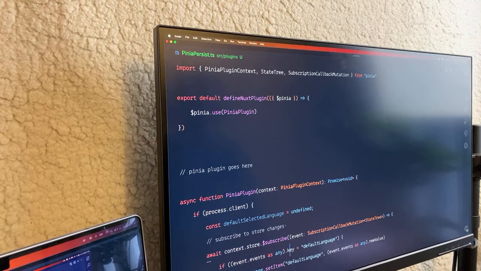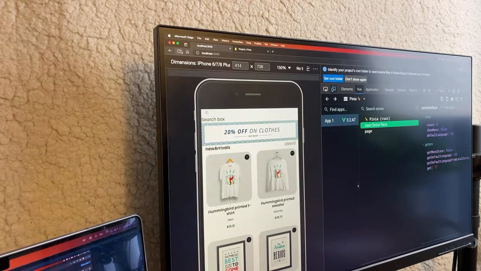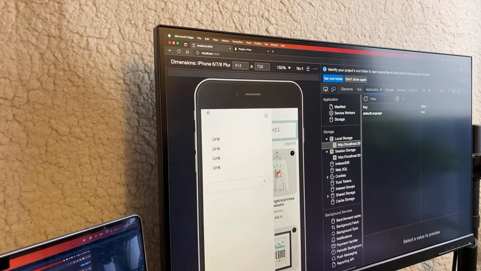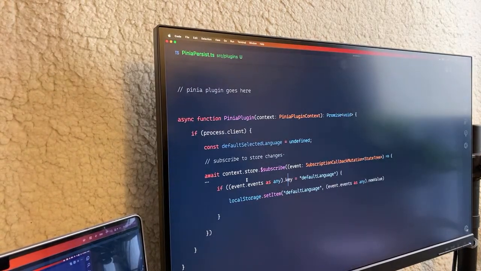Here we go. Now let's go back and test this out. So by the way, all the plugins are auto-loaded here, so there's no need really to import them in the Nuxt config file. Okay, quick refresh, and let's jump into the application here. Let me empty everything. So now every time I do change, something happens. So here it becomes true, but the default language